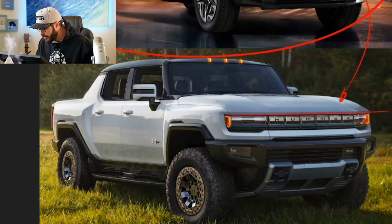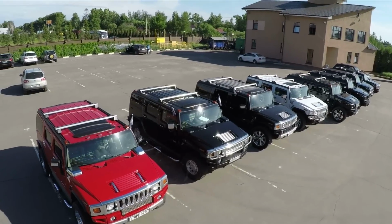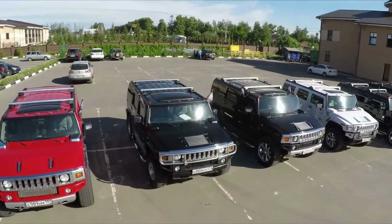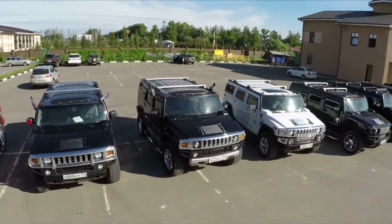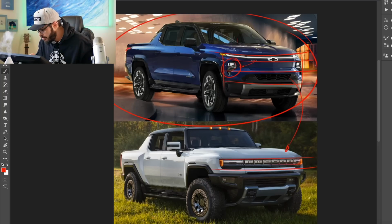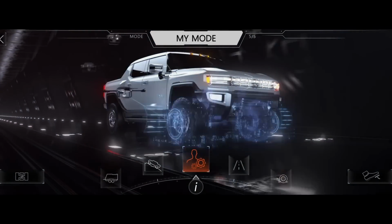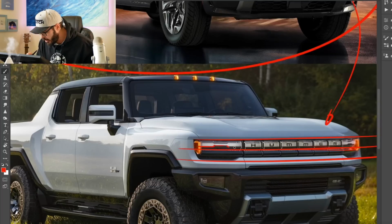And what I love about the front end of the Hummer is that you can instantly see that this is taking a lot of inspiration from the previous old Hummers, and there's no way that you can say that this is anything else but a Hummer. And same thing here, you have the illuminated center graphics right here that spells out Hummer in the front end. You also have this